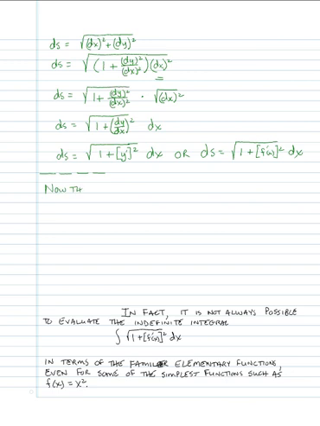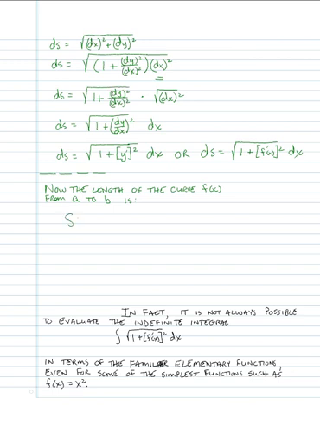Now we have the length of the curve f of x from the x value of a to the x value of b is given by, I'm going to use capital S for the length of that curve,